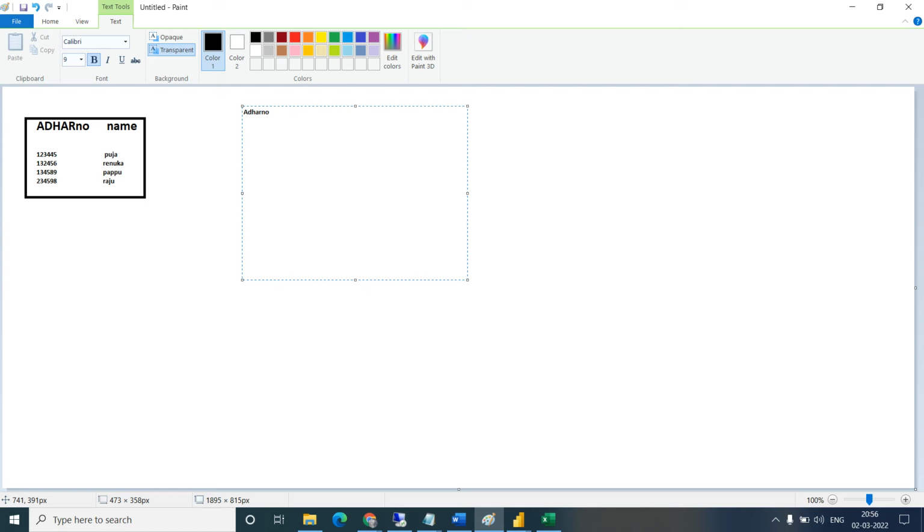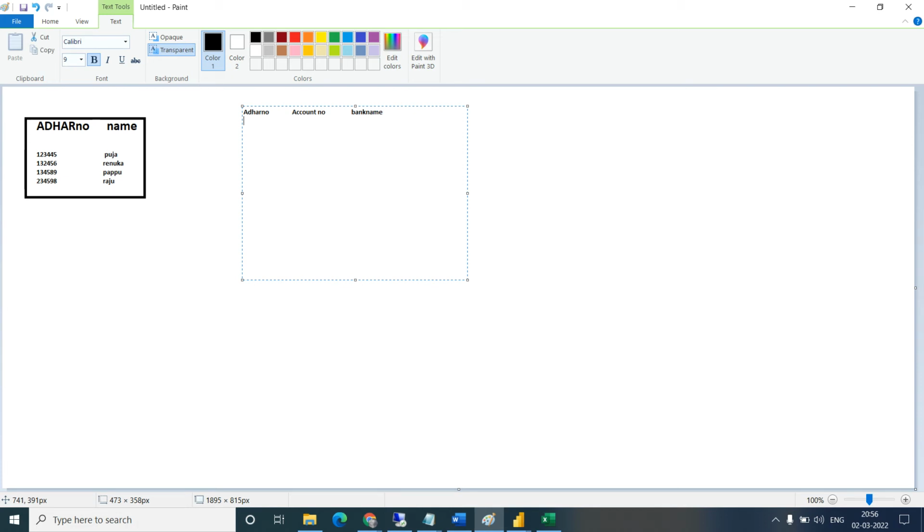This table contains the Aadhaar number, account number, and bank name.